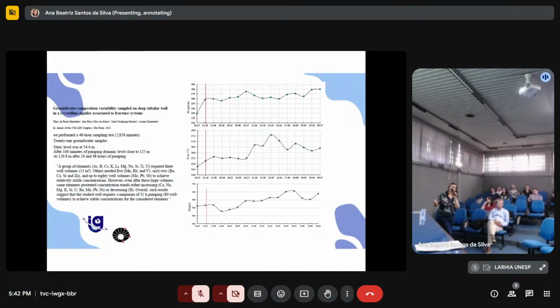And here for the uranium concentration, well, is it stable, isn't it? It really depends on how you open this scale. Anyway, what we see here, the way we interpret these results is that,